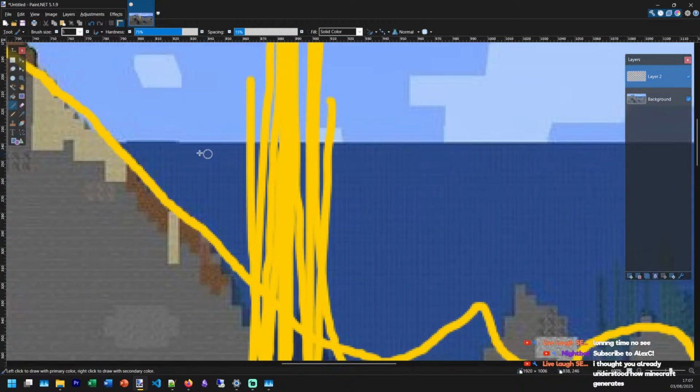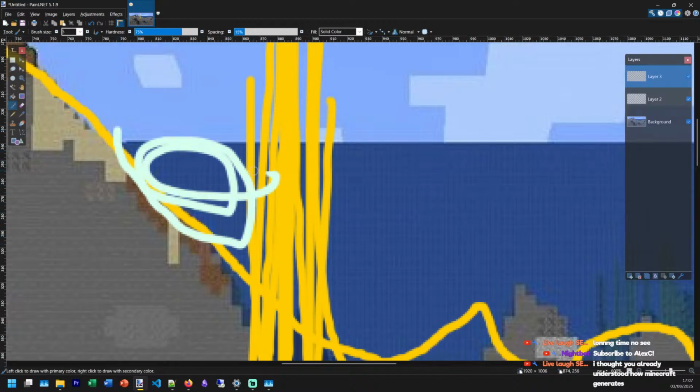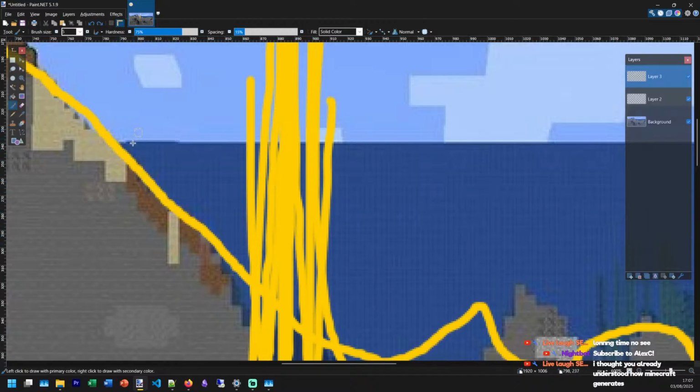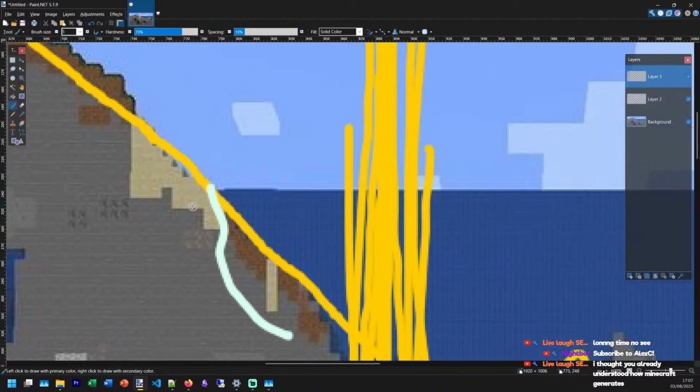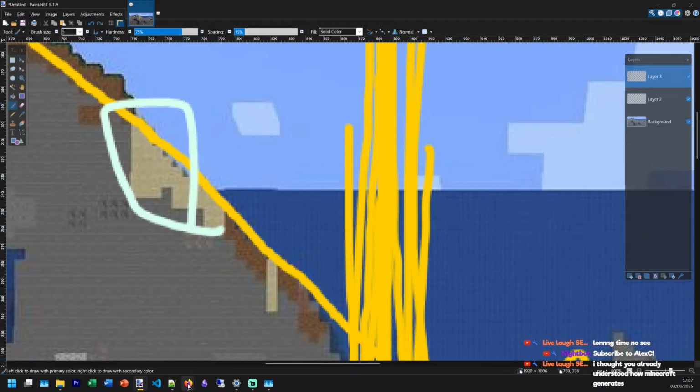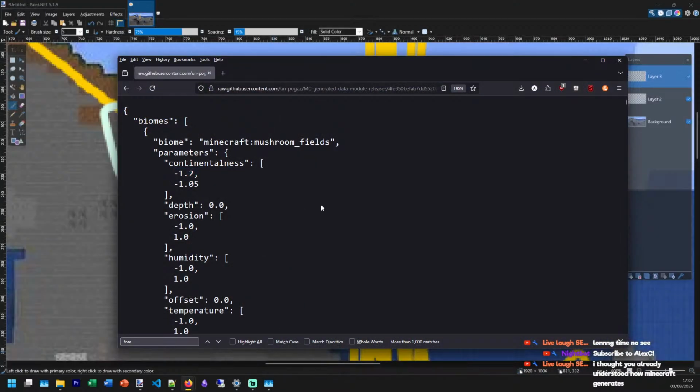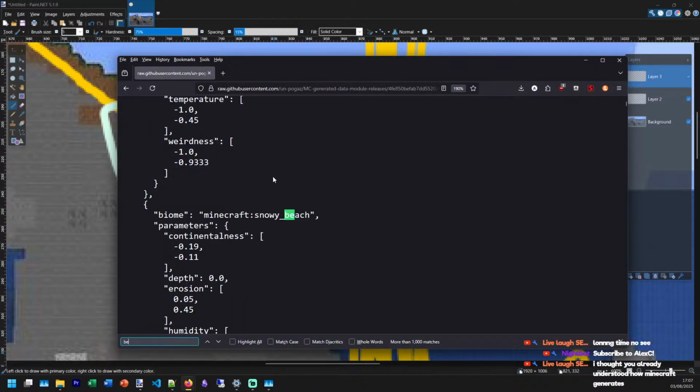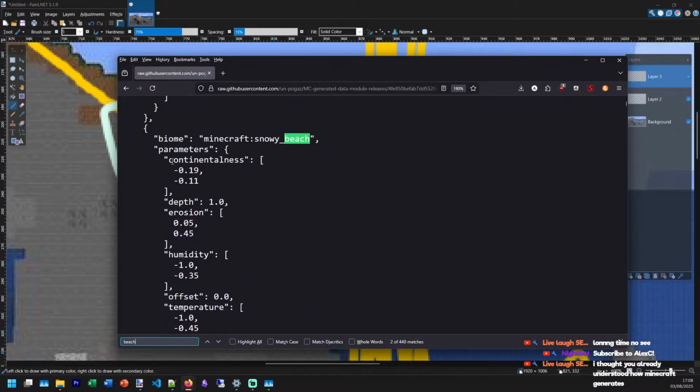The thing is, we've got a teeny tiny section here. I'm going to annotate it in this colour. We've got this section here where it is still ocean, but it's like land. So let's say beach. The thing is, beaches do exist, and that's my problem.